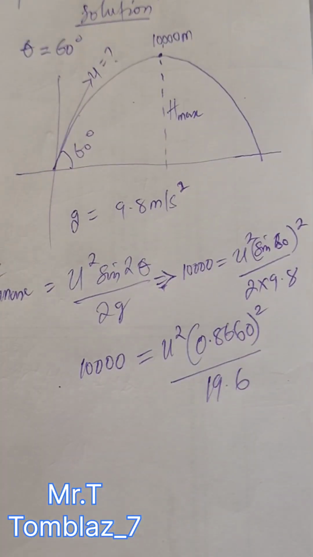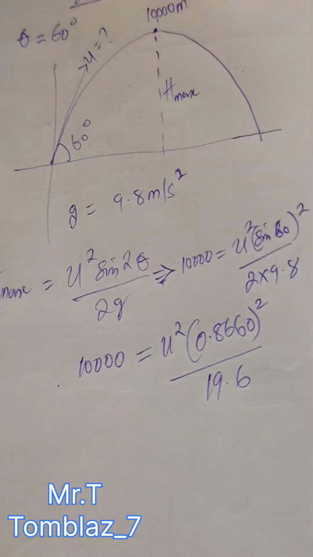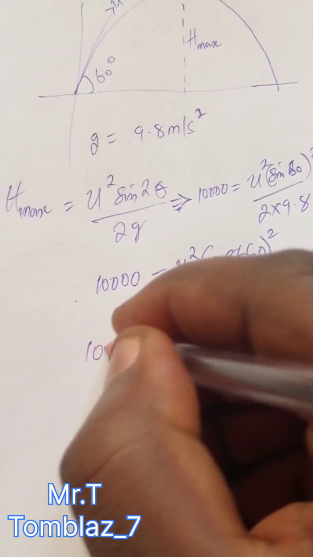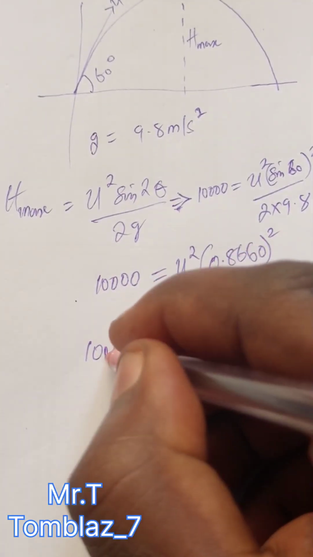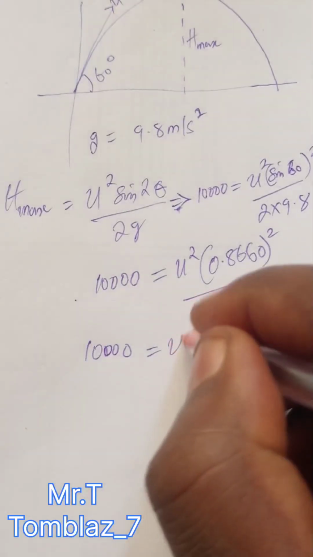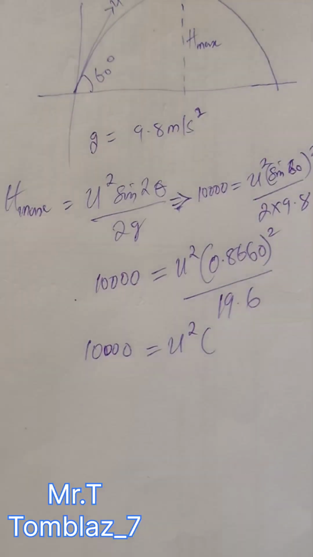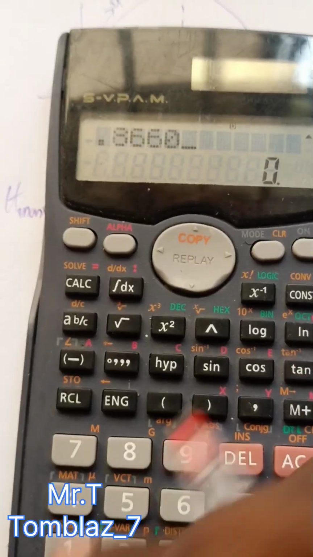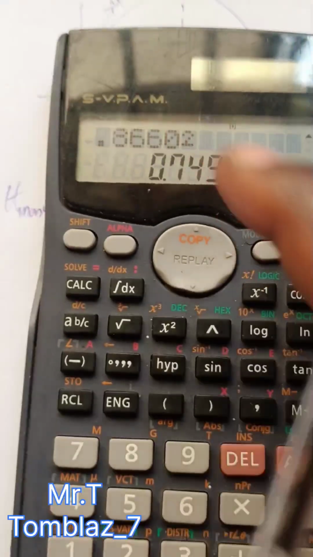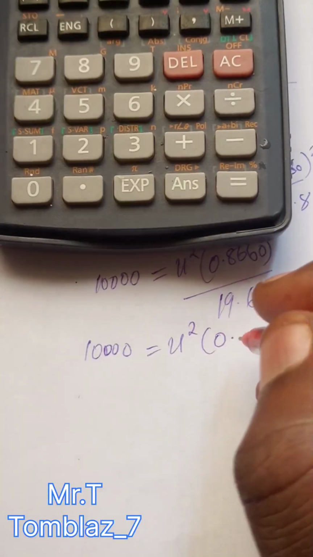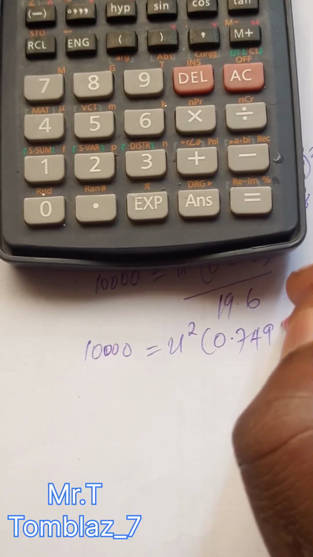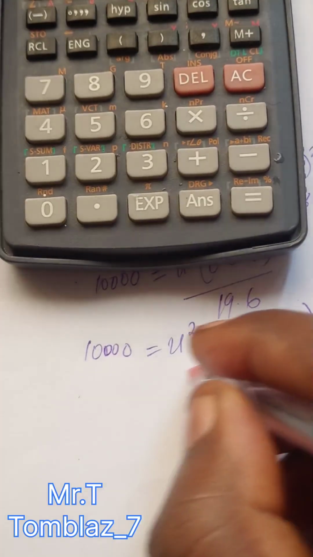Looking at this arrangement, what we are expected to do now is to solve the bracket aspect first. So we have 10,000 is equal to U squared times what's in the bracket. Let's take the square of that value. 0.8660 squared is going to give you 0.749956, divided by